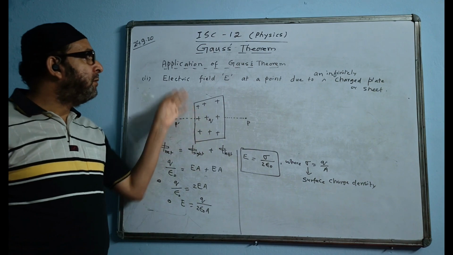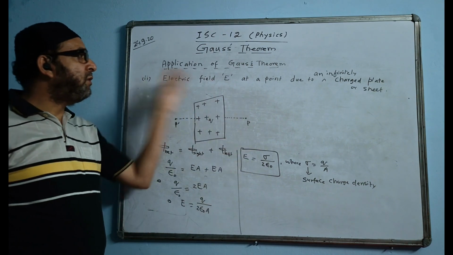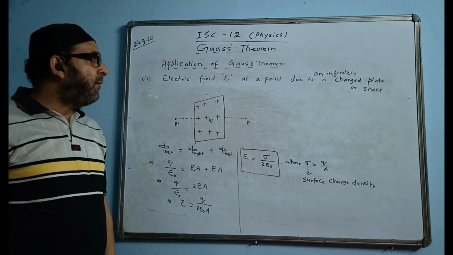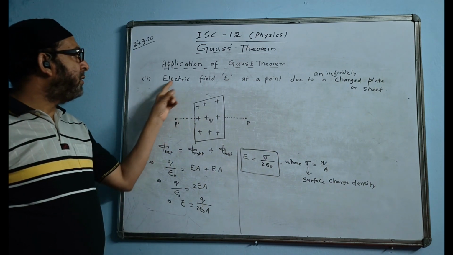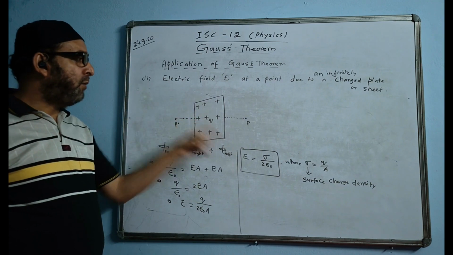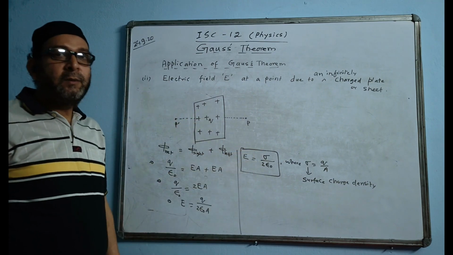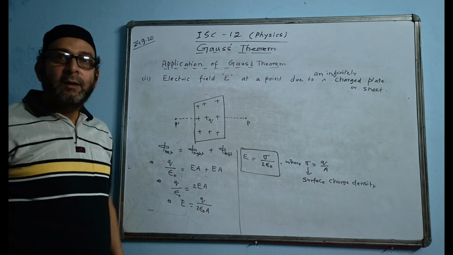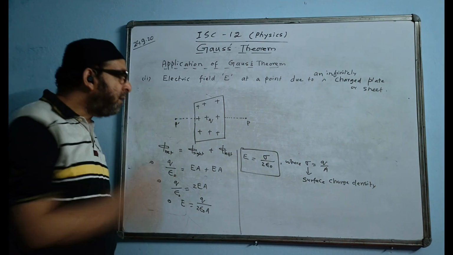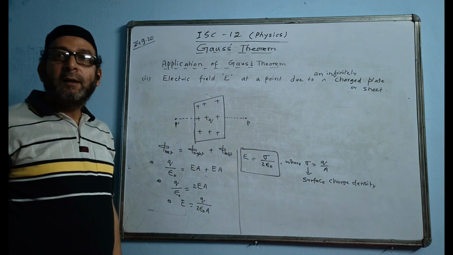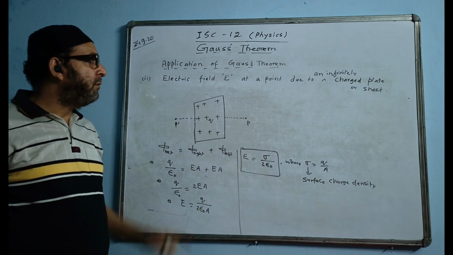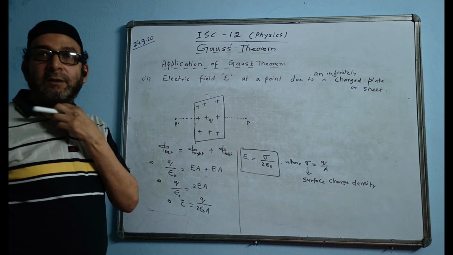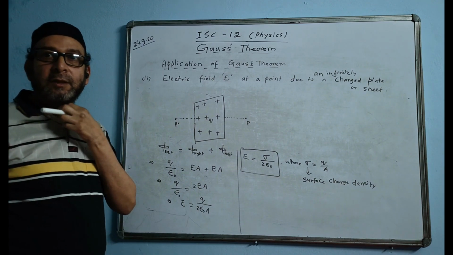So this is the derivation which you now have in the syllabus. One extra question is there on the basis of this formula E is equal to sigma by 2 epsilon naught. Please write it down, and then there is a little numerical. This chapter is over actually. So tomorrow we'll do a few numericals on it, and then we'll be starting a new chapter, and the new chapter will be capacitors. Okay, this much for the day.